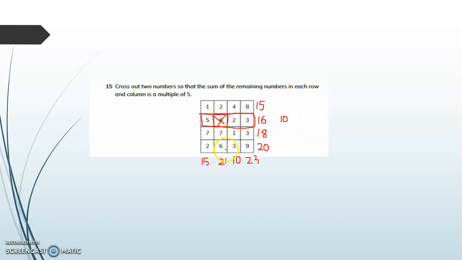Similarly, let us look at this column. 7 plus 2 is 9, 9 plus 6 is 15. Again, this becomes a multiple of 5 when we cross this out. And cross out two numbers so that the sum of the remaining numbers in each row and column is a multiple